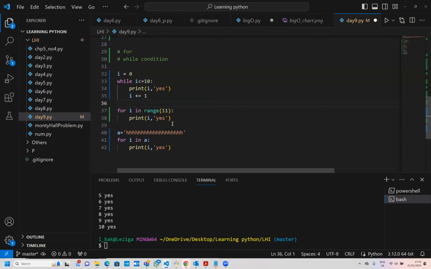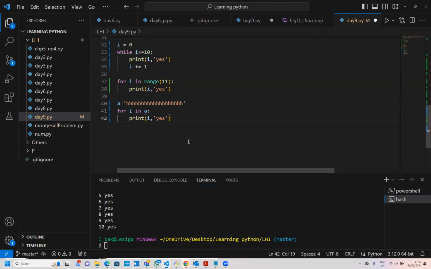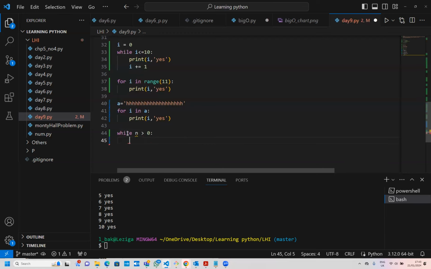And then when he wants to exit, you can say exit or enter a negative number. So let me put an example of what I'm trying to say. While n is greater than 0. First of all, you could say n equals eval